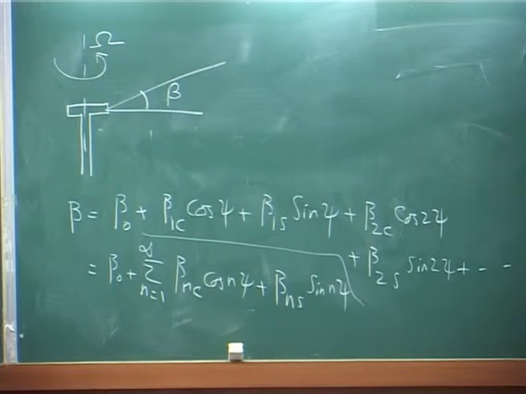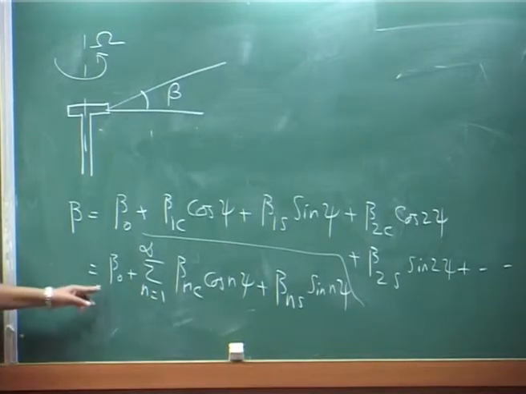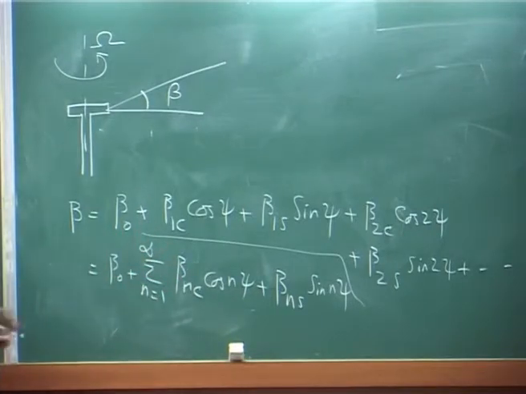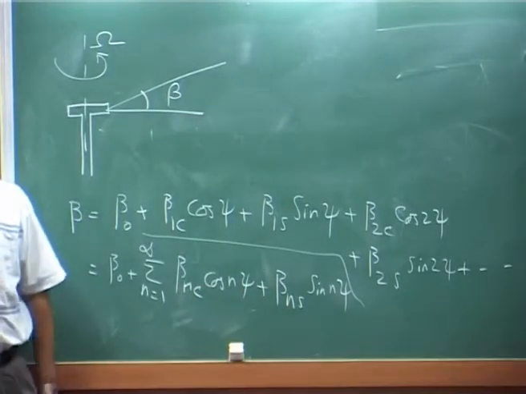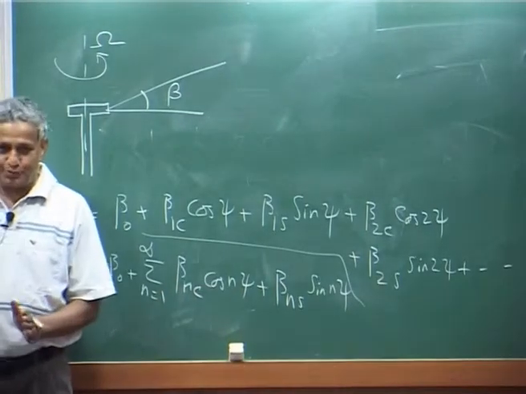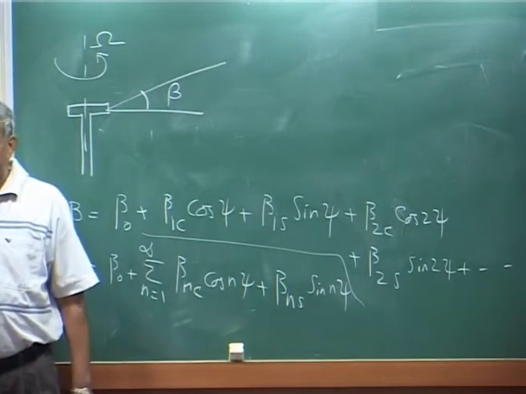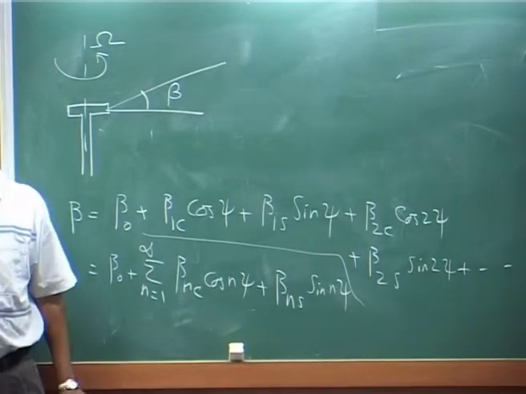So, my flap motion is a Fourier series. So, we got inflow, which is an azimuth varying function. Now, you have flap motion, which is represented like this, which has all the harmonics. But what we will do in this course is say, hey, we are not going to be bothered about